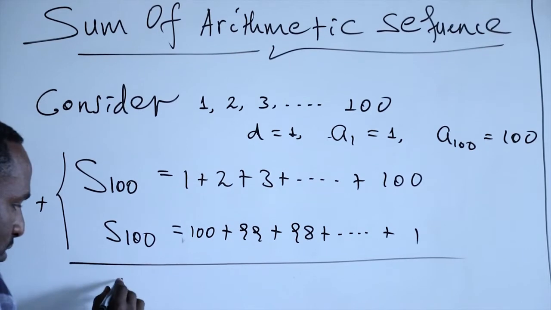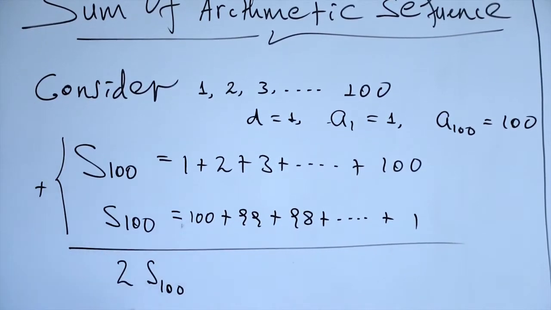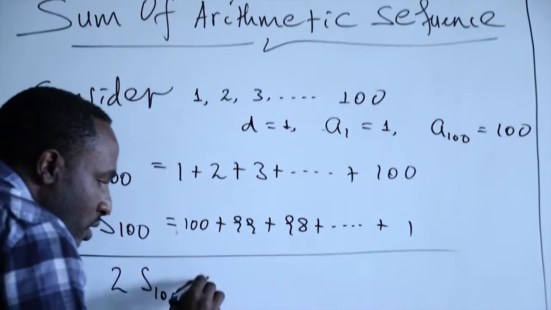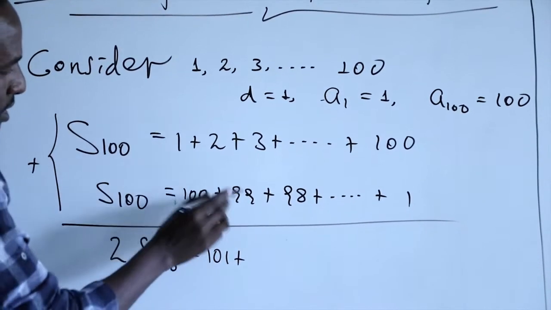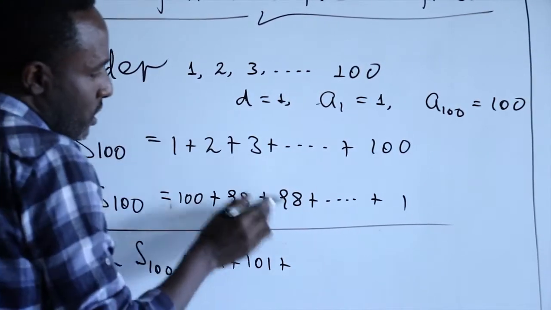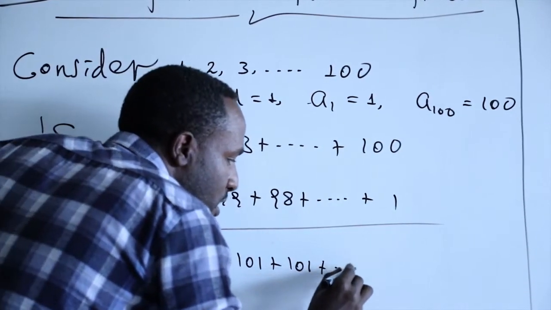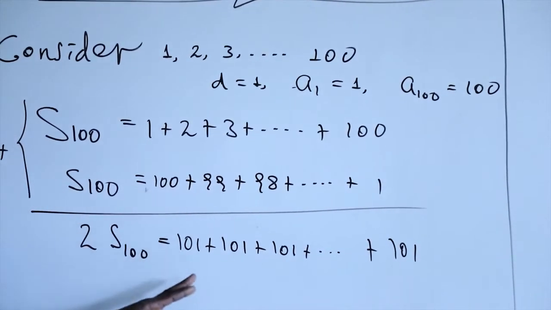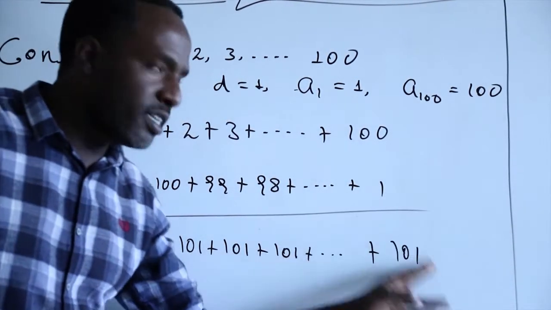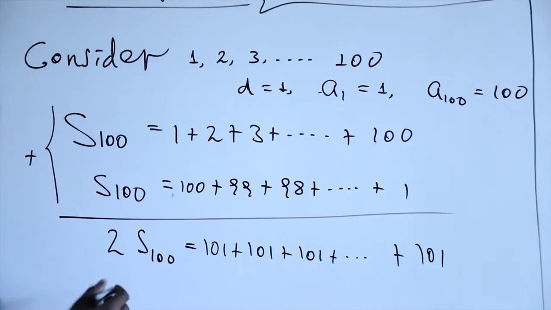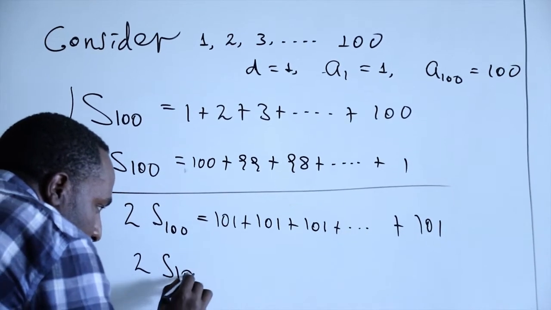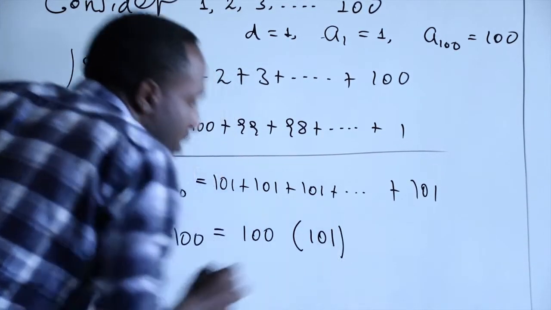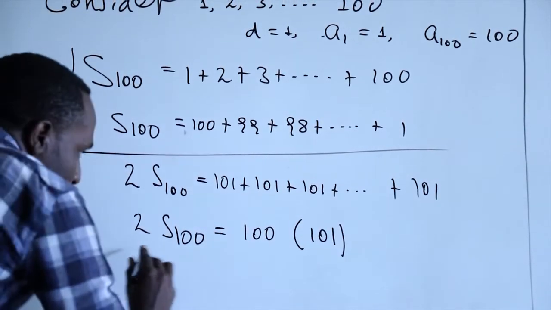So S100 plus S100 here ማለት ነው 2 times of S100, so meaning the sum of the first 100 natural numbers ማለታችን ነው። ይሄን ሲደመረው ታዲያ 1 ሲደመር 100 101፣ 2 ሲደመር 99 101፣ 3 ሲደመር 98 101፣ up to 100 ሲደመር 1 101 ነው እናገኛለን። ስለዚህ እንደምታዩት እዚህ ጋር 101 ሲደመር 101 ስንት 101 ይኖሩናል ማለት ነው። ይሄ ማለት ታዲያ 2 times the sum of first 100 natural numbers equals to 100 times 101 ነው እናገኛለን ማለት ነው።